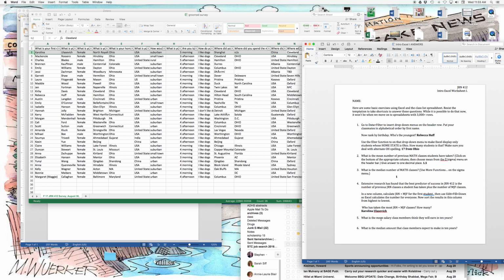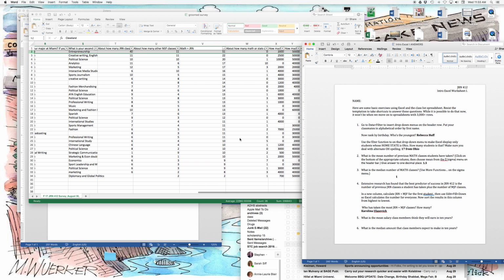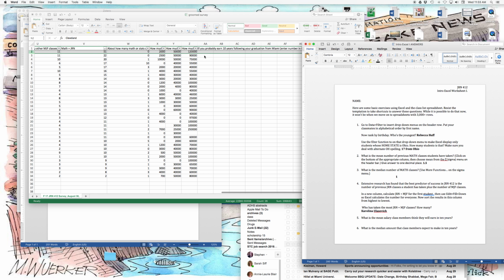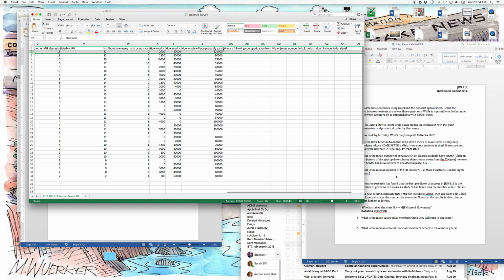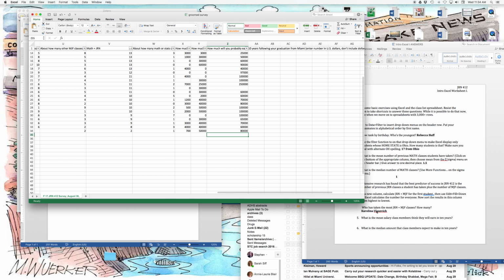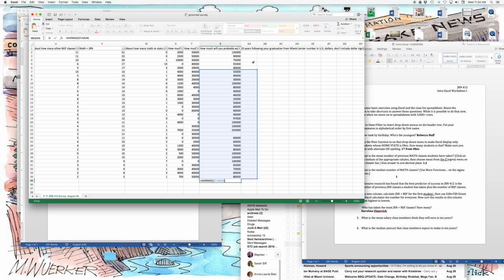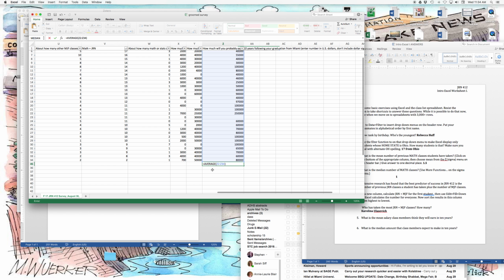What is the mean salary? So the average salary class members think they will earn in 10 years. All right. This one here, 10 years. The mean, average. Now look, because of this gap, it did not fill it all the way to the top. So we're going to grab this and fix it by pulling it up there. And now you'll see this formula is correct. Equals, so this will be mean. And the mean is